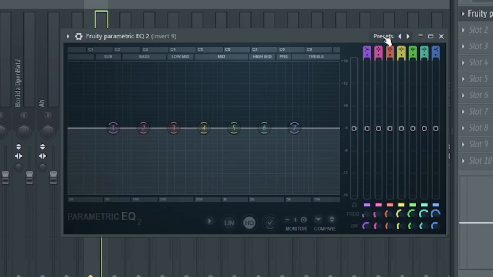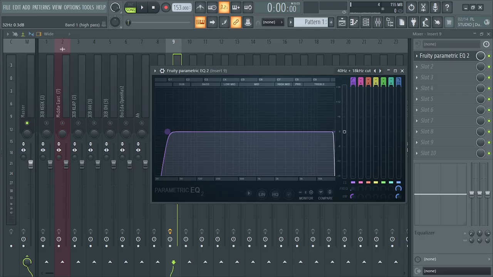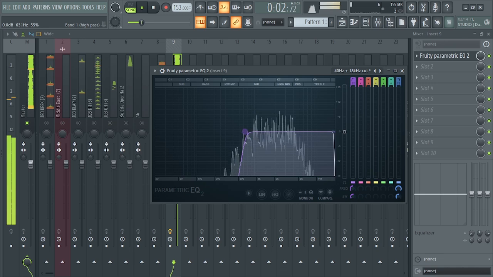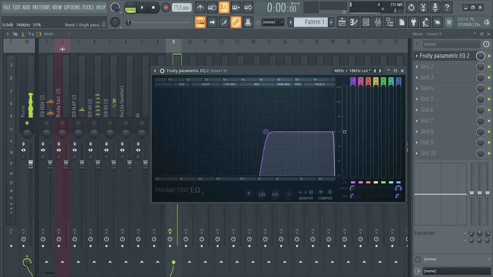If you're a beginner, just click on the preset, then I want you to choose 40 Hz, and this is a simple preset that you can actually hold it and drag it to anywhere that you want. So let's play as we EQ. So you know the EQ we used to clean up the vocals. All right,